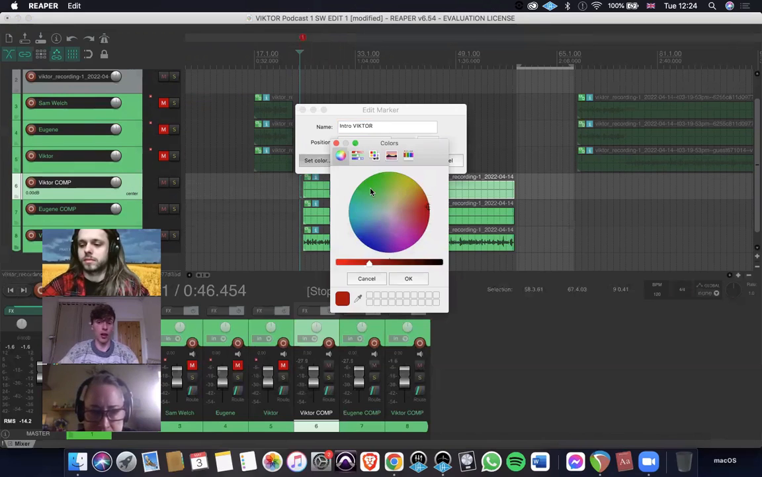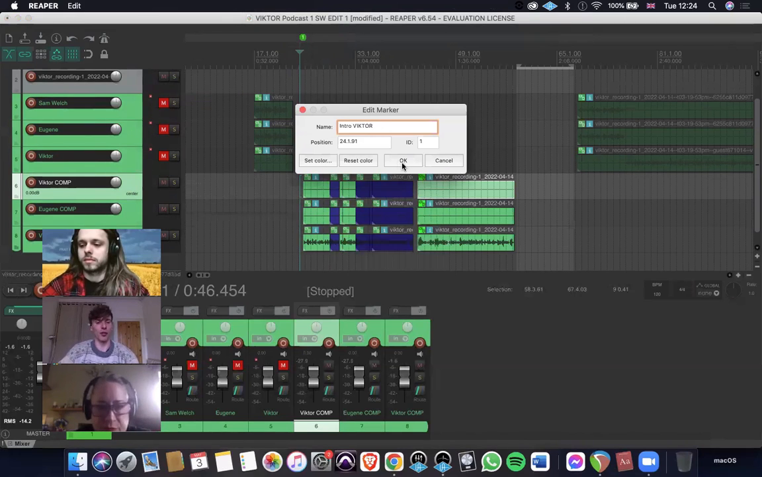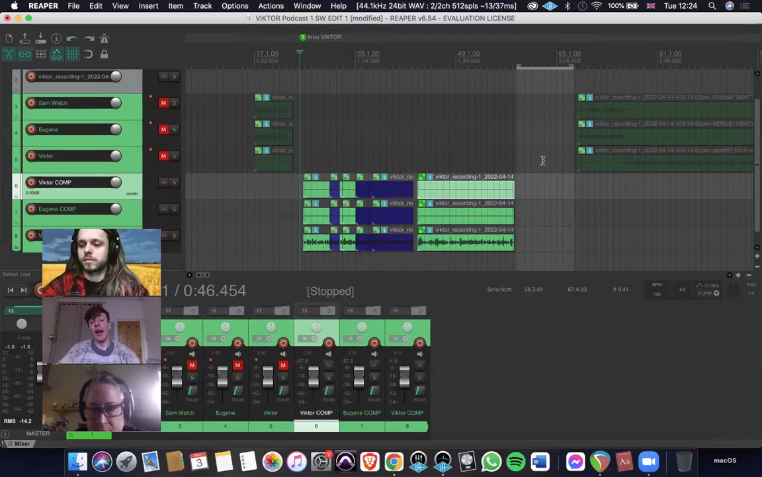And we can even give him a custom color. If we give him green because his tracks are green, we can make the marker green. And then all the markers for Victor are green. And we know. But yeah, so the plan is to make these kind of blocks of information that go, okay,